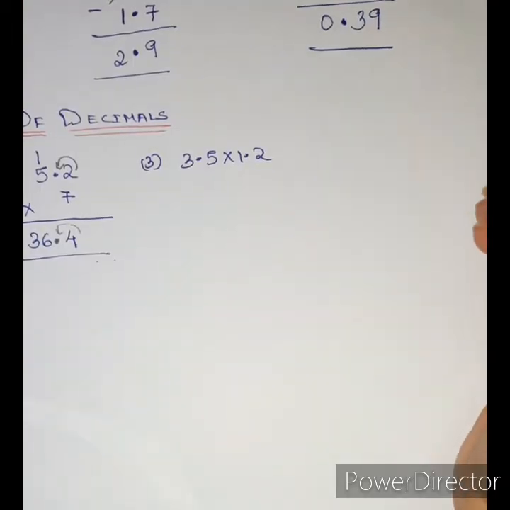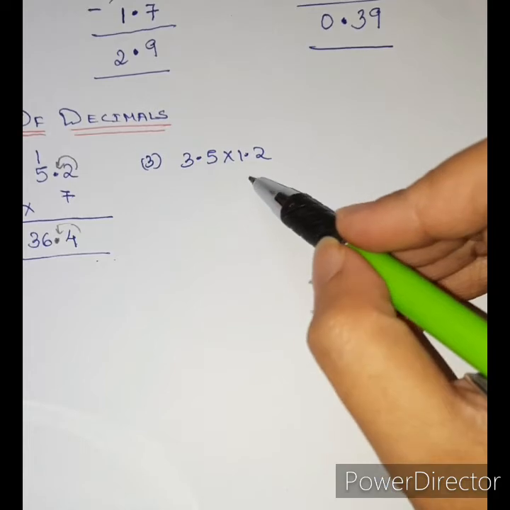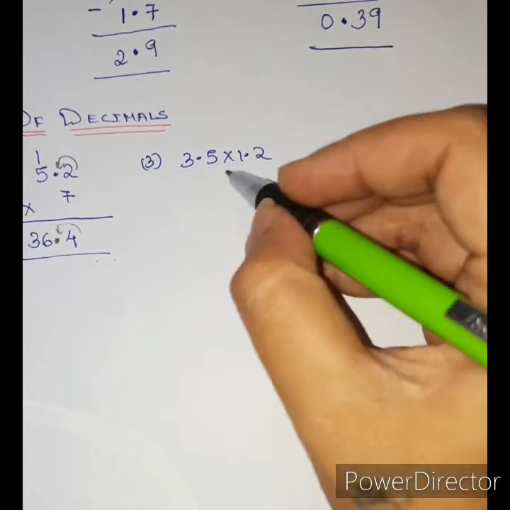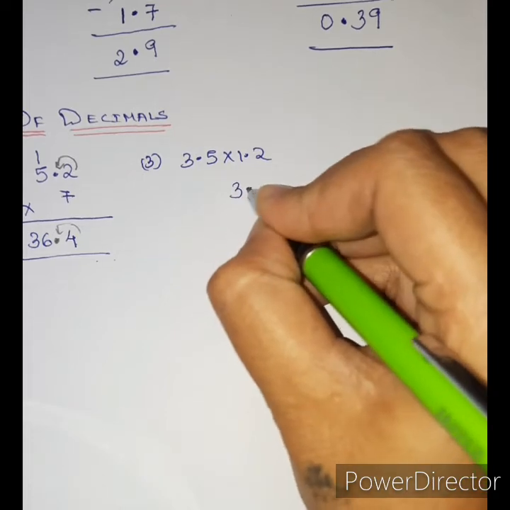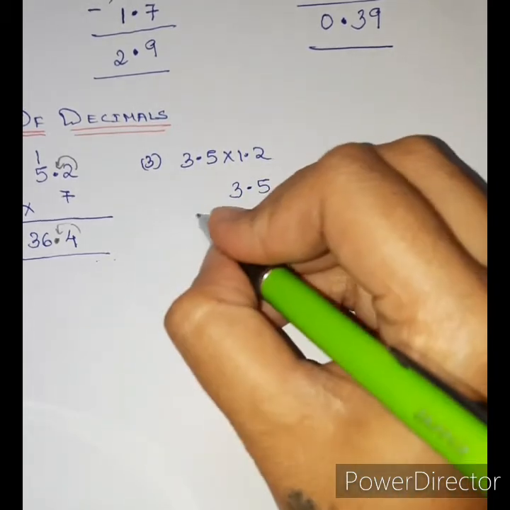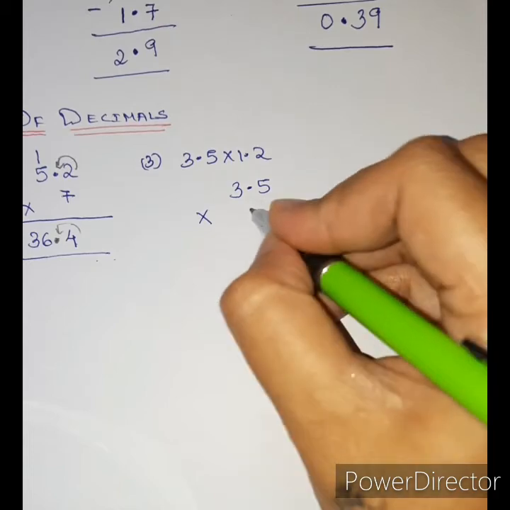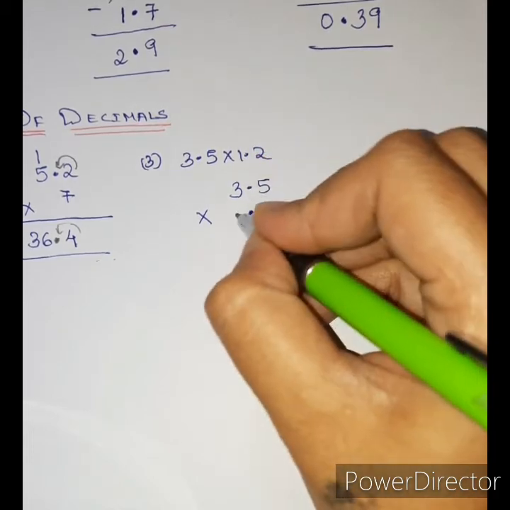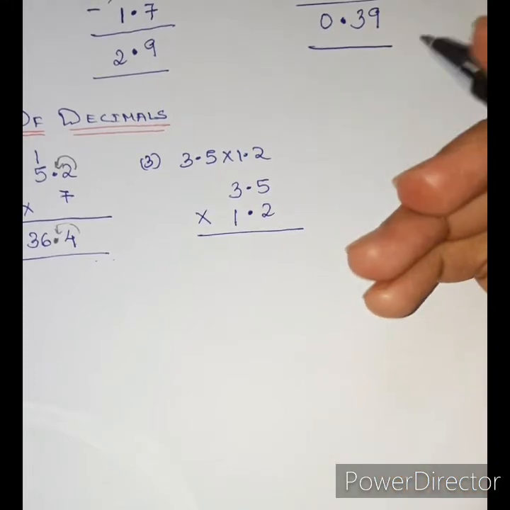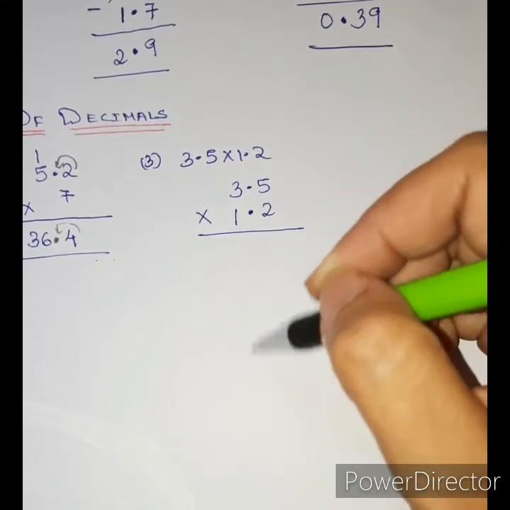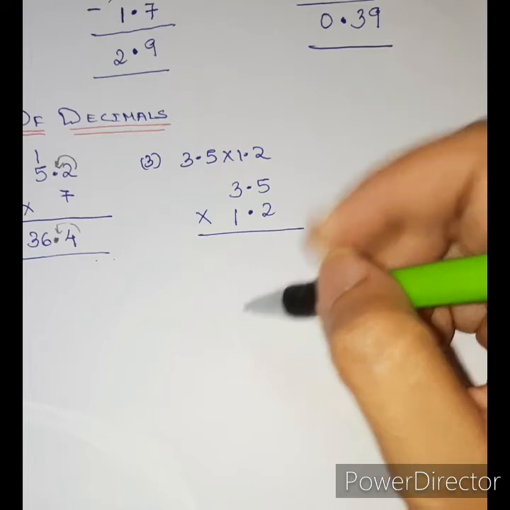Let us solve one more example where both the numbers which are multiplied are decimal numbers. 9.5 multiplied by 1.2. So now you place them properly, point under the point, 2 here, 1 here. Now you have to multiply. Ignore the decimal points first. Only for the result we will put the point.